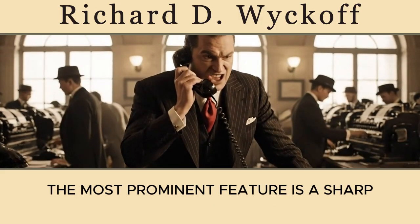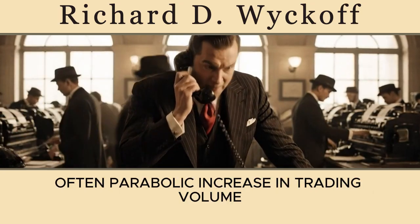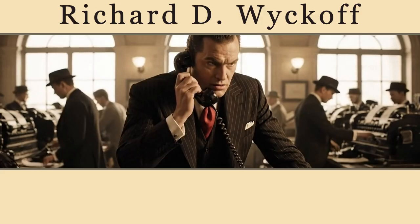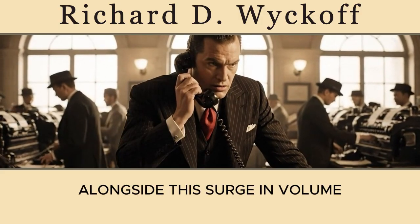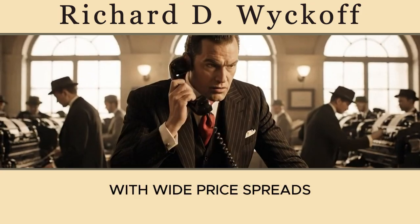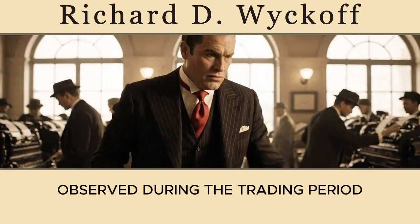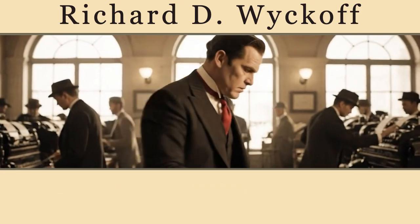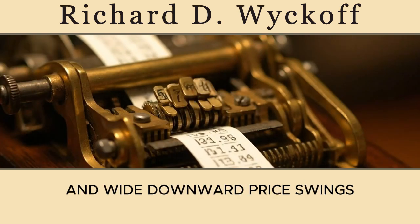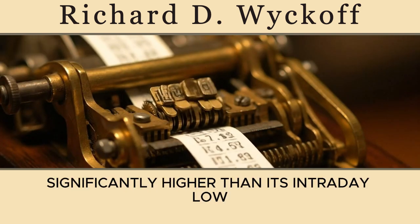The most prominent feature is a sharp, often parabolic increase in trading volume, indicating a massive transfer of shares. Alongside this surge in volume, there is a significant expansion in price volatility, with wide price spreads observed during the trading period. Crucially, despite the intense selling pressure and wide downward price swings, the price frequently closes significantly higher than